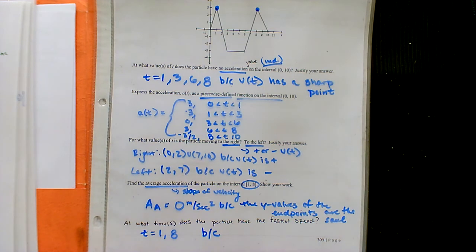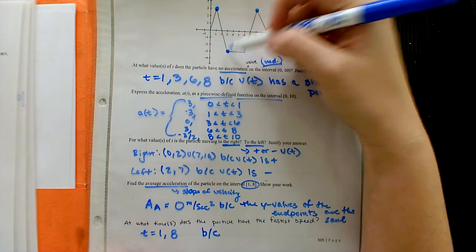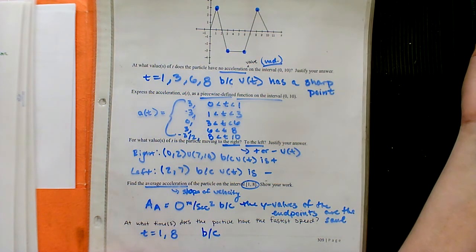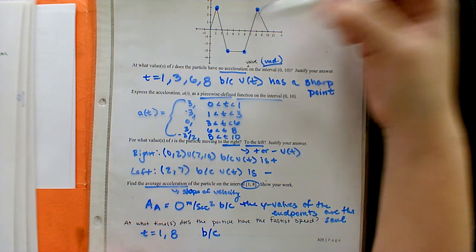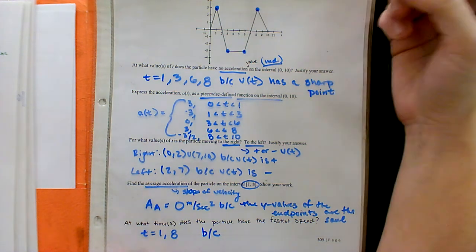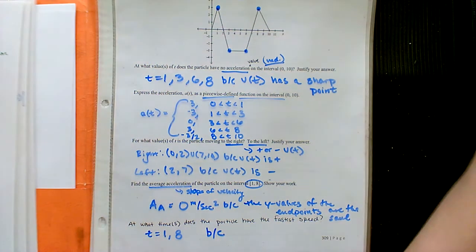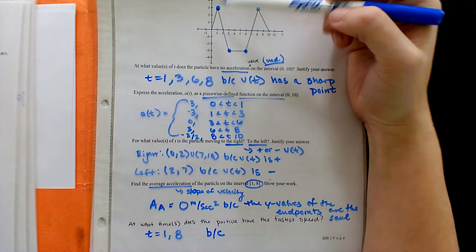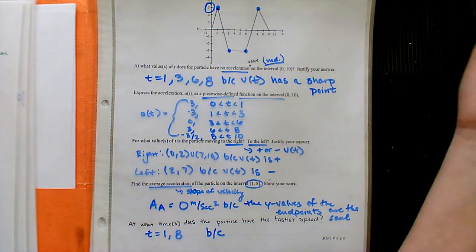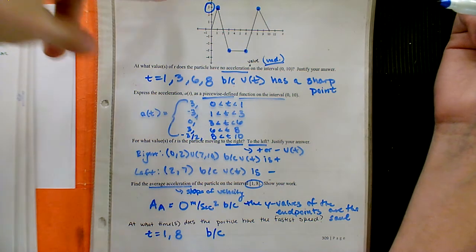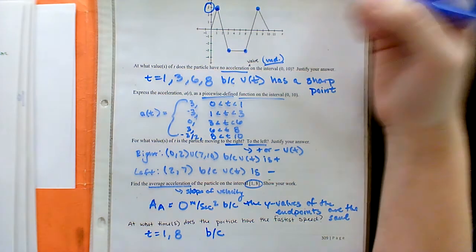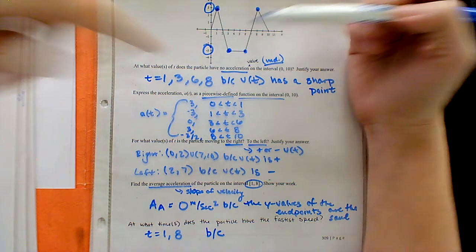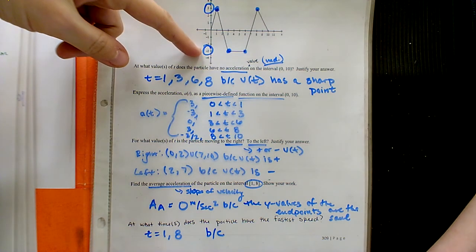What do you think, Griffin? Also, 3 and 6. Why? Because they're min values, but the negative is just the direction, so it's still 3 meters. There we go. Okay, so remember, velocity tells us two things, speed and direction. So this point right here is telling us we're traveling at 3 meters per second in a positive direction, or in this case to the right, because it's positive. But this point is telling us we're traveling 3 meters per second to the left.